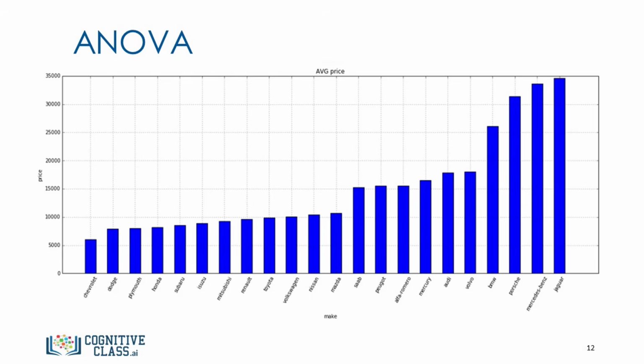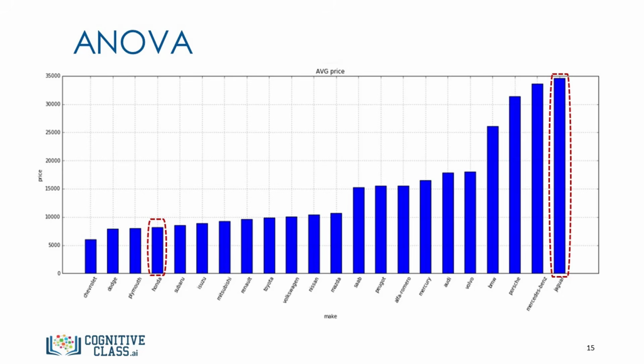Getting back to our example, the bar chart shows the average price for different categories of the make feature. As we can see from the bar chart, we expect a small F-score between Hondas and Subaru because there is a small difference between the average prices. On the other hand, we can expect a large F value between Hondas and Jaguars because the differences between the prices is very significant. However, from this chart we do not know the exact variances, so let's perform an ANOVA test to see if